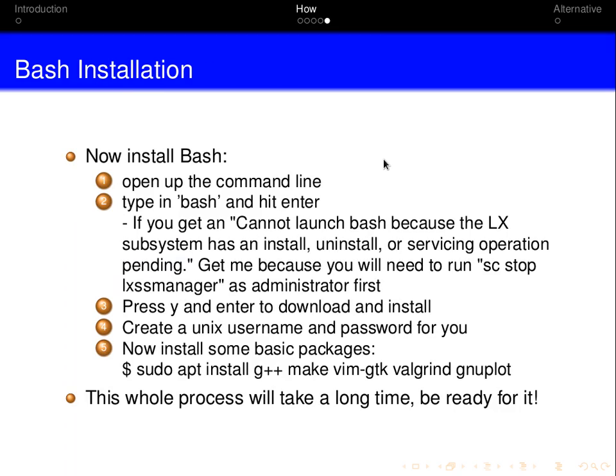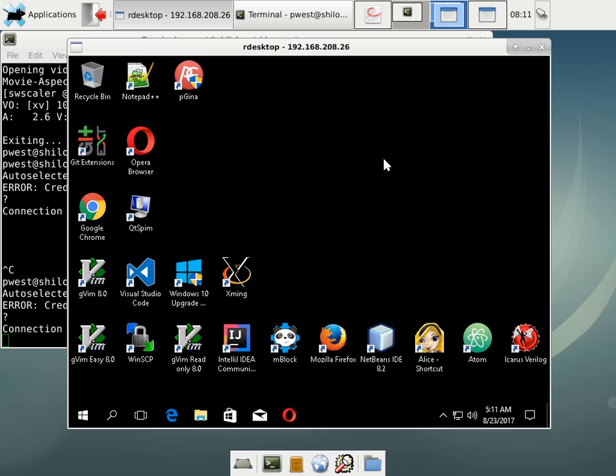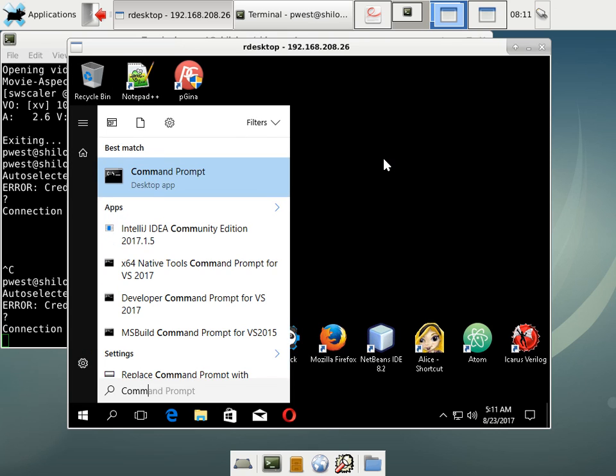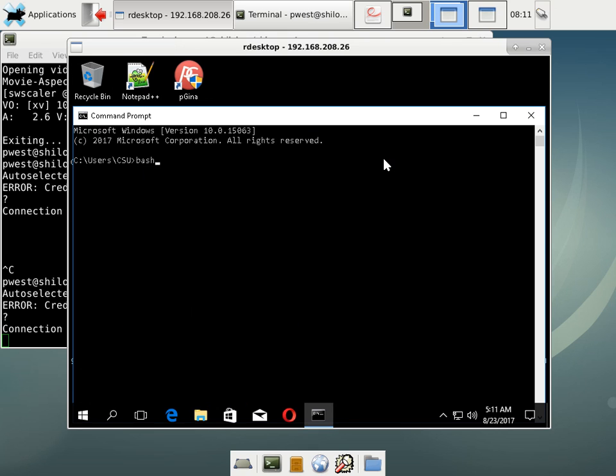Now you can install Bash, and the easiest way to do this is run the command line or command prompt. You're going to type in bash. Now when you hit enter, on this machine I already have bash installed, so it came right up. On your machine it should say, okay, whoa, you want me to go ahead and download all the packages? Say yes, and then it'll go and download everything. Hopefully it'll complete soon. If it gives you an error,